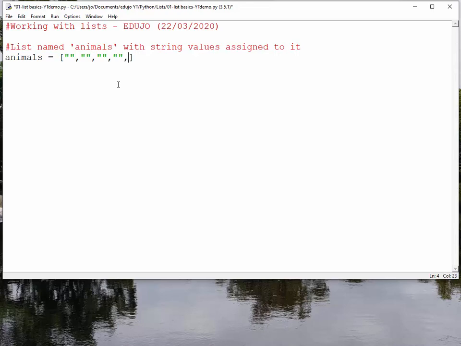So I've got how many? 4 there, and then it's going to have 5. So let's put in some animals. Let's start with lion. There we go. I'm going to put in goose, maybe zebra, and as you can see I'm just putting them in randomly. I'll put cat and dog just to finish it off. So I have 5 values in my